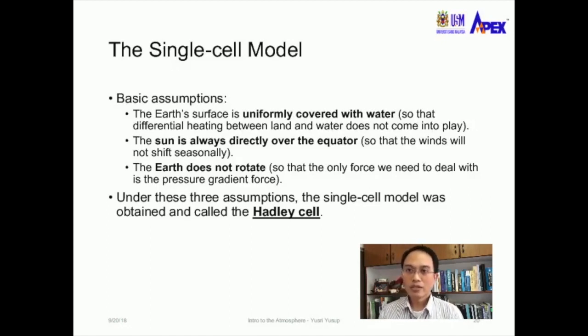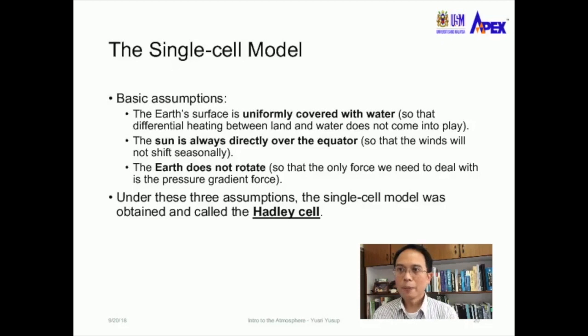The second assumption is that the sun is always directly over the equator. In real life, the Earth tilts on its axis with the seasons, which causes the direct incidence of the sun to be at different latitudes of the Earth in different seasons. So when we assume that the sun is always directly over the equator, the heat would all be concentrated at the equator, and the winds will not shift seasonally because of the changes of the direct incidence of the sun at different latitudes. The third assumption is that the Earth does not rotate, so that we don't have to deal with the Coriolis force,